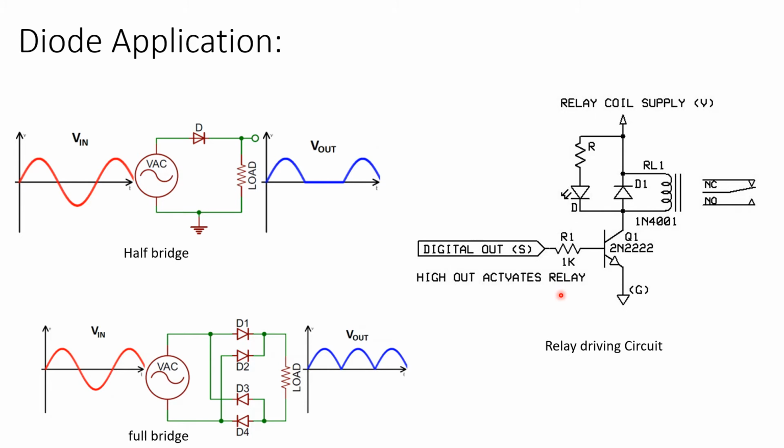And one very interesting application of a diode is in relay circuitry. So what happens in relay circuitry? This is your digital command. Once you give the digital command to the transistor, there is a voltage across over here. Let's consider 12 volt or 15 volt, depending upon the relay rating. Even 5 volt relays are available: 5, 12, 24. So let's consider a 5 volt or 12 volt relay. Once it is switched on, current will pass through this RL1, come to this transistor and go to the ground.